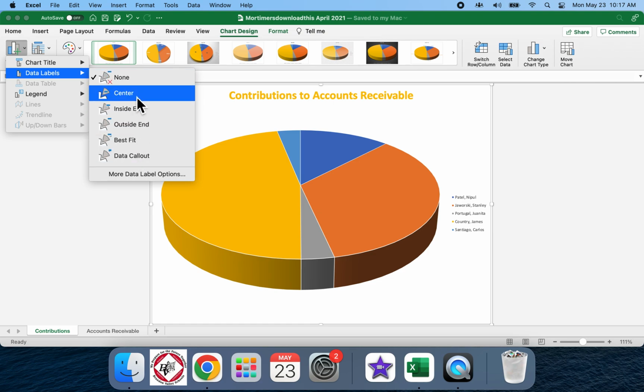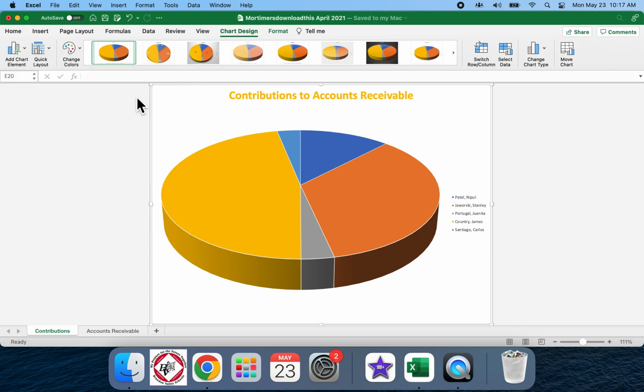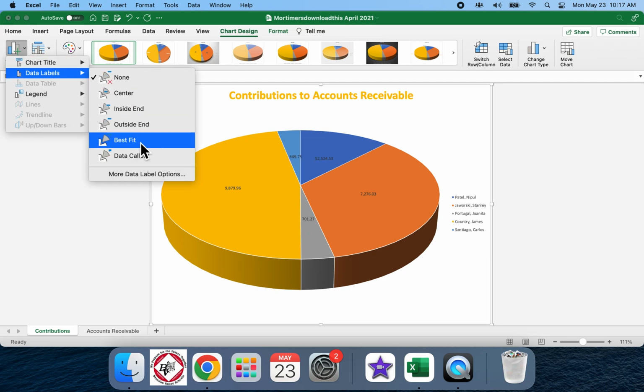Like, let's put them in the center. So now you can see that there's numbers. It's not the right numbers. We don't want the values. We want the percentages. If you go back to data labels and come down here to more data label options